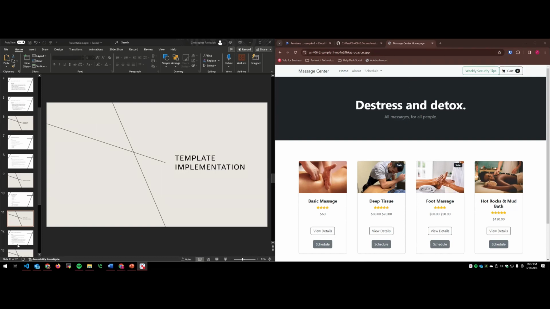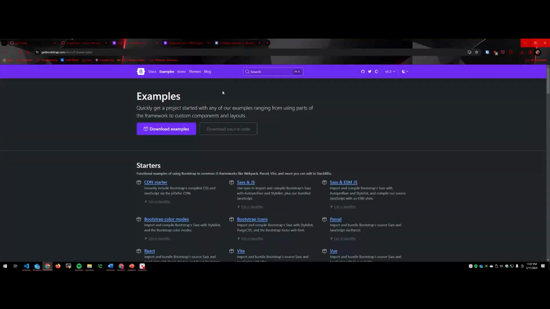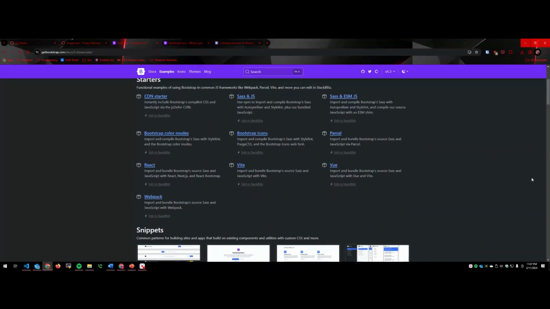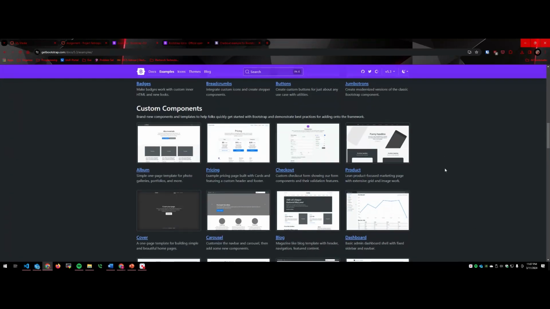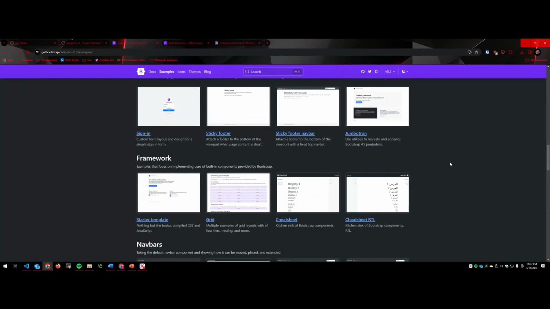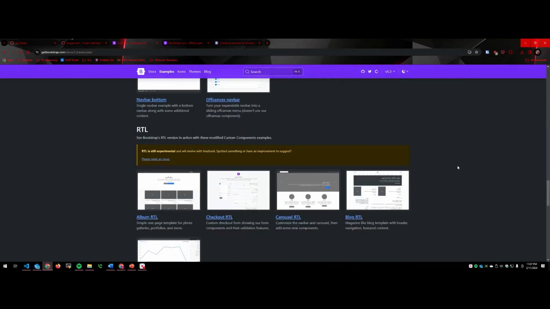So now let's get into the template. This is all Bootstrap based. I pulled the template offline. Let me pull over. I have some examples here. So on Bootstrap, there are many different examples that you can blend, merge, do whatever you'd like with. So this is where I took a lot of my source code in terms of HTML and CSS,